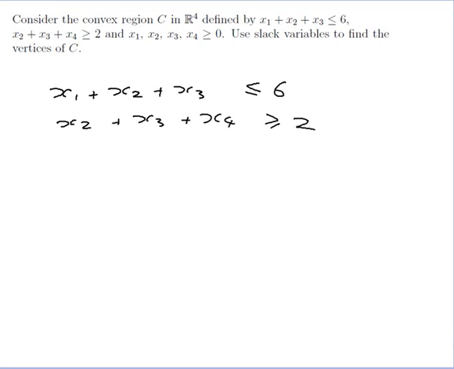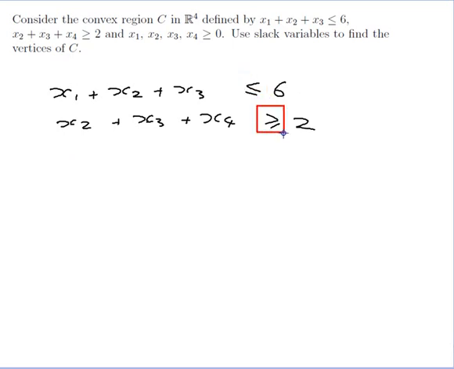It says to use slack variables, and slack variables are designed to turn inequalities into equations. So let me write down my two inequalities. x1 plus x2 plus x3 is less than or equal to 6, and x2 plus x3 plus x4 is greater than or equal to 2. So what I need to do is add a slack variable to each of these inequalities to turn it into an equation. Now slack variables will only work on inequalities that have a less than or equal to sign. So this one's fine,